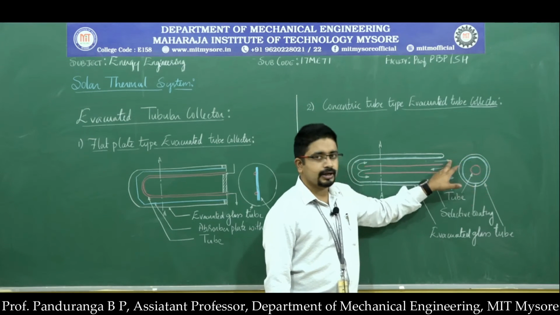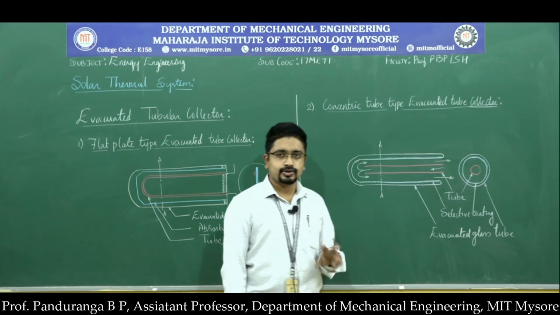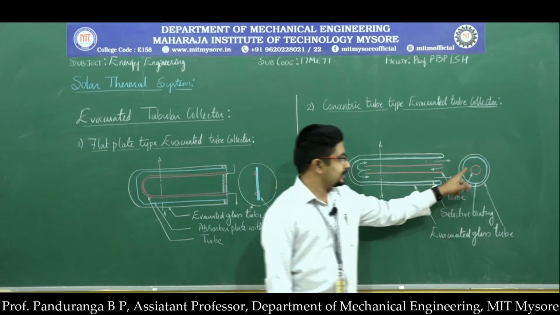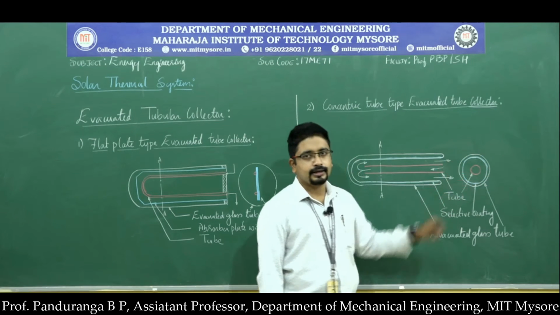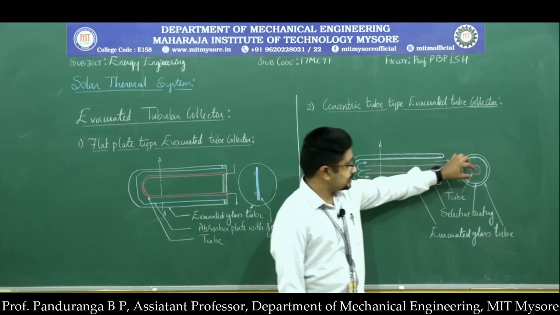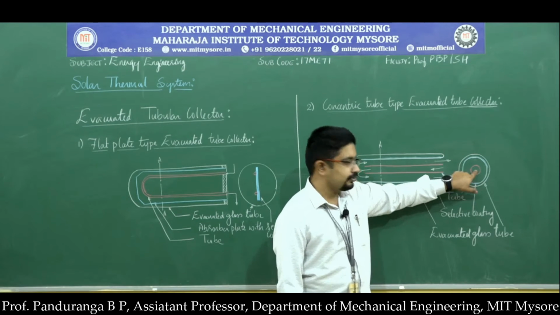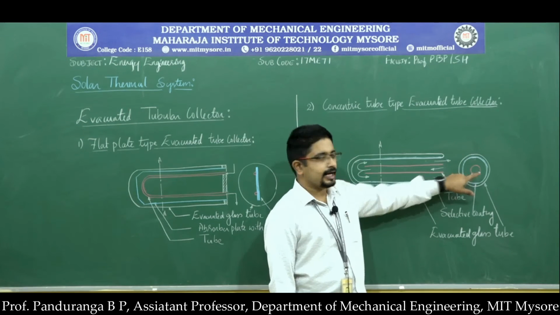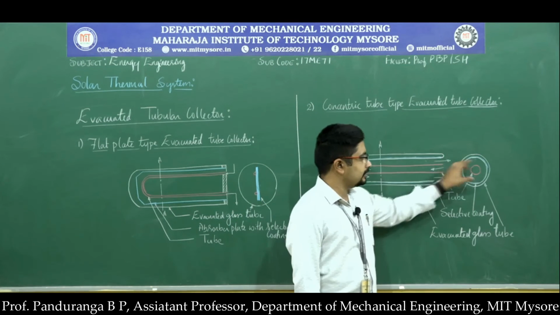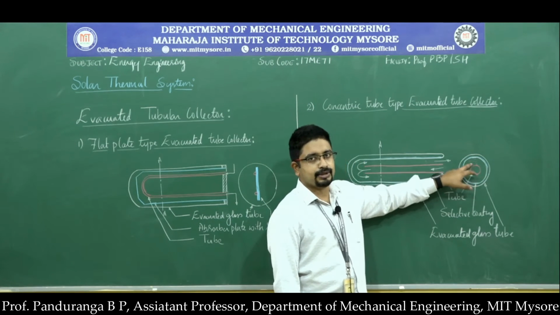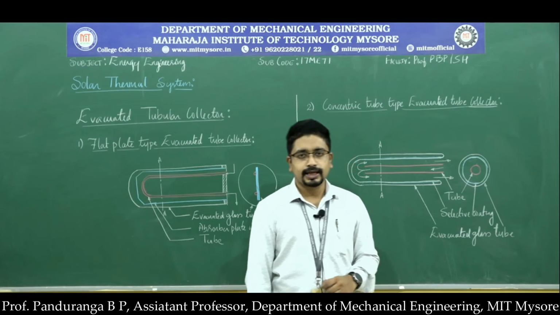This is the larger tube, and in between inside that we have a smaller tube. These two tubes are made up of glass, and there is a selective coating, and the air will be removed from this annular gap. And then at the center we have a small tube through which the water enters. So the water enters through the center and reaches this other end of the glass tube, and then from here it comes out of the annular gap between the evacuated tube and the smaller tube and absorbs heat energy.